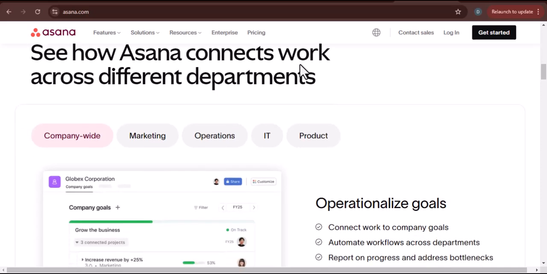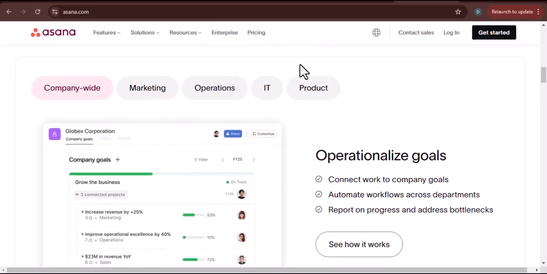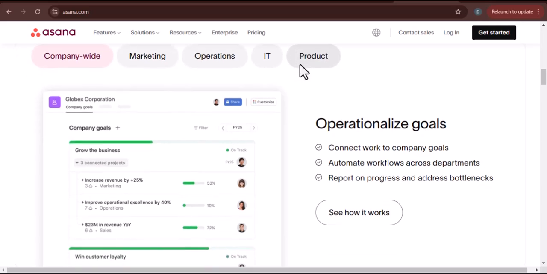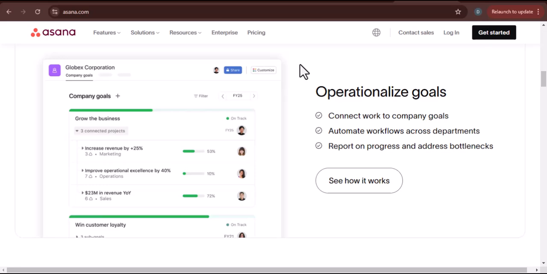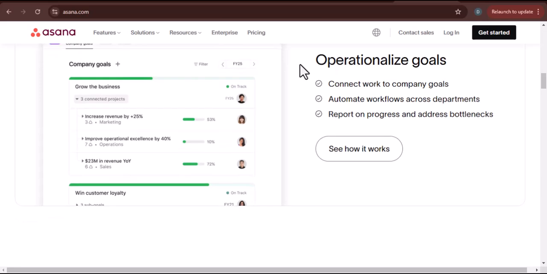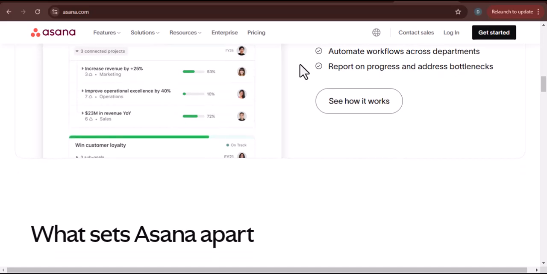First up, let's talk about the learning curve. Asana is feature-rich, and while that sounds great on paper, it can be incredibly intimidating for new users. When you first log in, you're presented with a lot of options: lists, boards, timelines, calendar views, custom fields, and more. If you're a beginner who's never used a project management tool before, this can feel like trying to navigate a spaceship with 100 buttons and no manual.